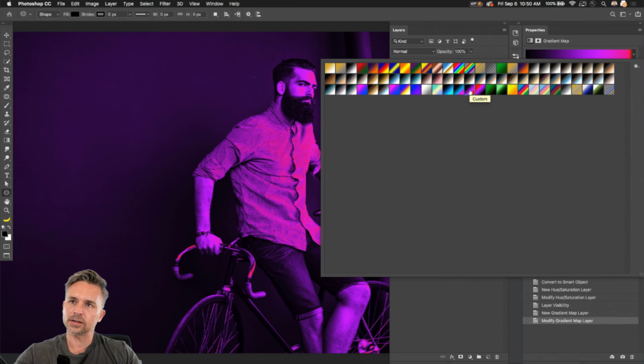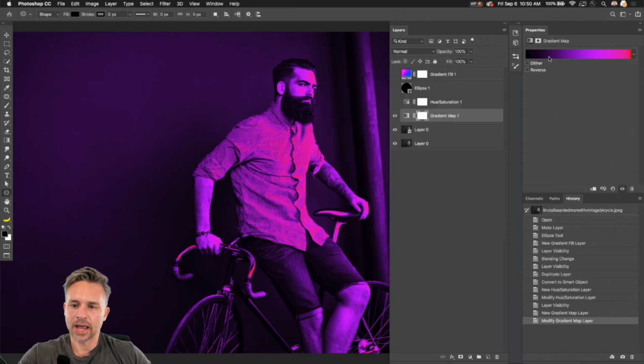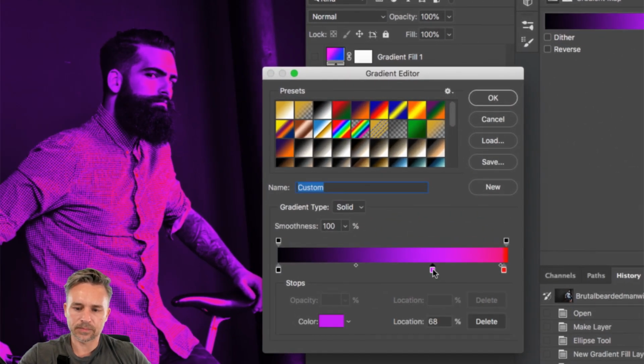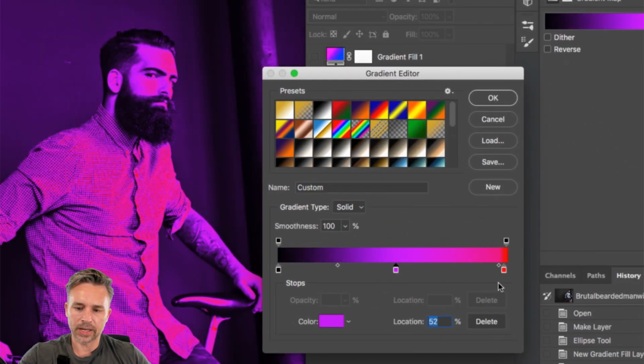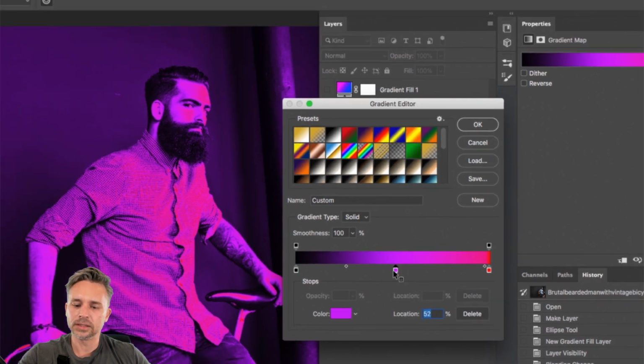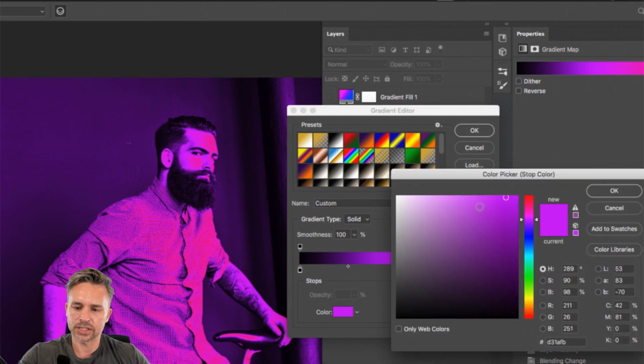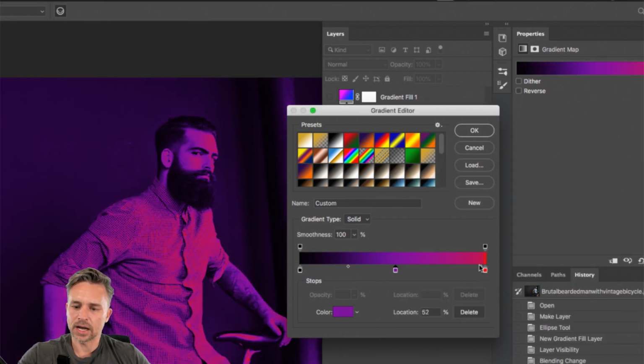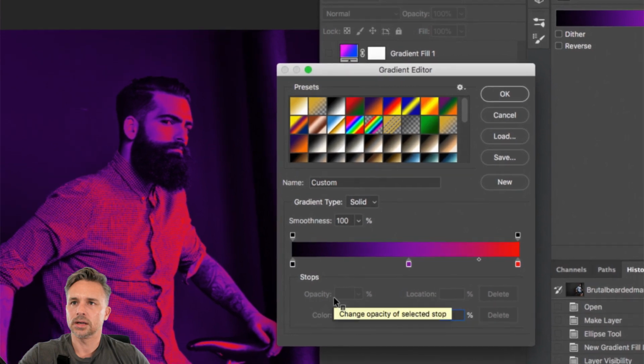So you saw what I had earlier. Now look what I have in this case. I have this beautiful, not only hot pink, but it goes clear up to this red. It almost blows him out a little bit. We could always change that and make that a little darker. But you get the idea. I'm actually using this gradient map to change the color